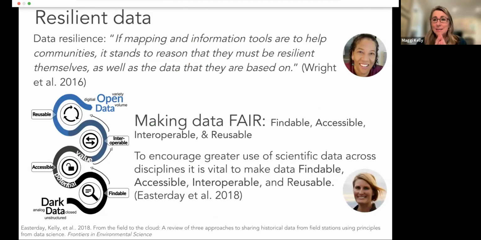And it's all because of this concept of, I like to call it data resilience. And I didn't invent this term. I learned about it from Dawn Wright, as well as several others. So Dawn Wright, in one of her key papers here, says this great quote: "If mapping and information tools are to help communities, it stands to reason that they must be resilient themselves, as well as the data they are based on." And so we have to think about what it's going to take to make sure data sets are resilient, that they are created and stored and shared in a way that other people can use them,